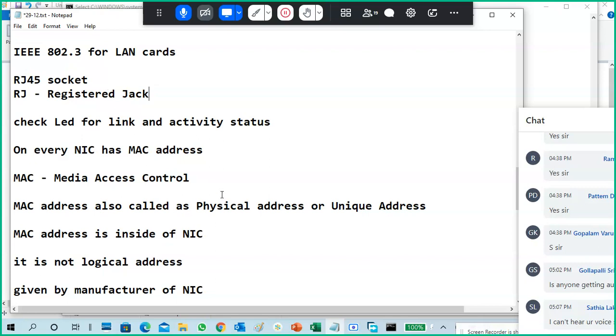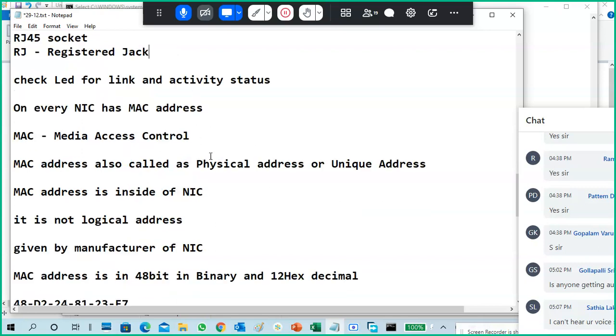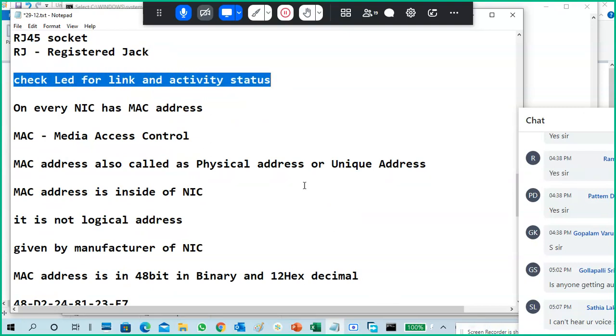Always check the LED status for whether you are connected or not connected, and the data transmission speed you are getting. So you are connected at 10 Mbps, 100 Mbps, or 1000 Mbps based on the link status.